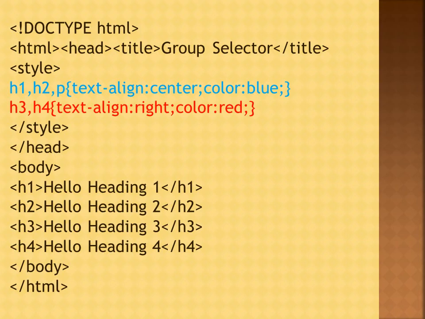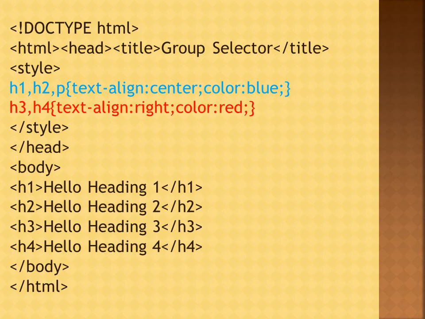So using this grouping, here we are using two groups. The first group contains 3 HTML elements and the second group contains 2 HTML elements. The first group applies text-align equal to center and text color blue, and the second group applies text-align equal to right and text color red.